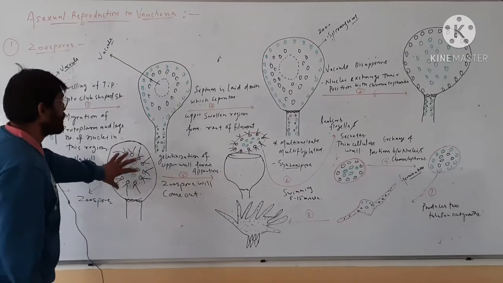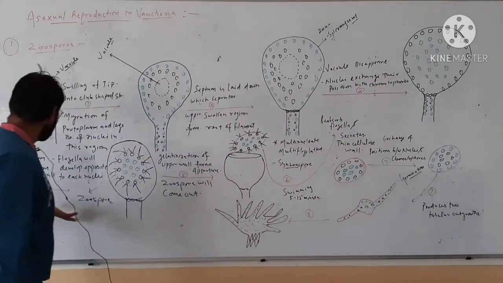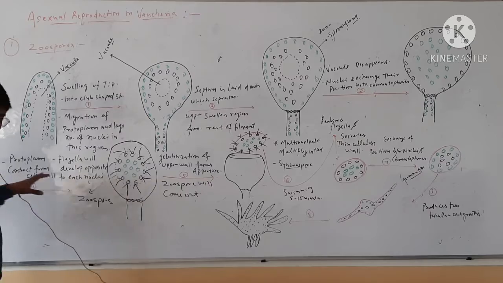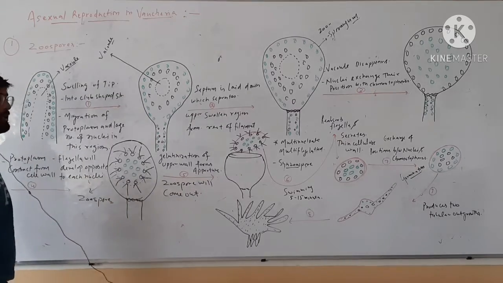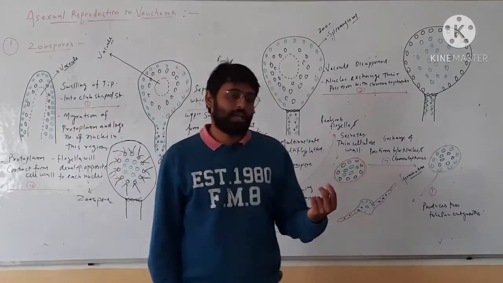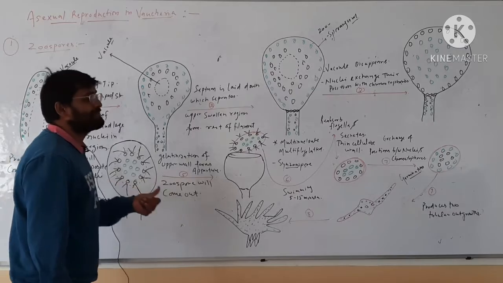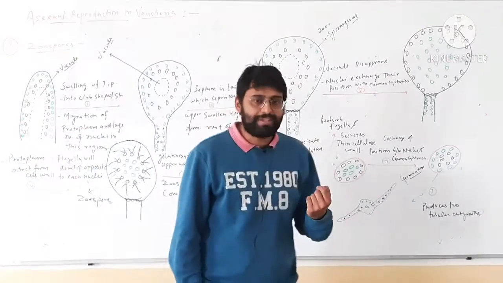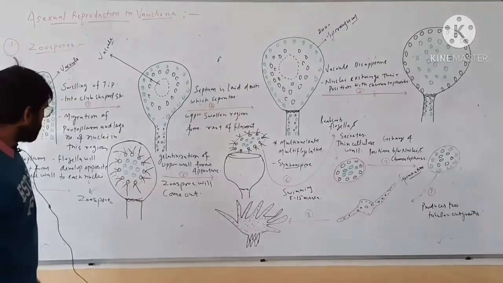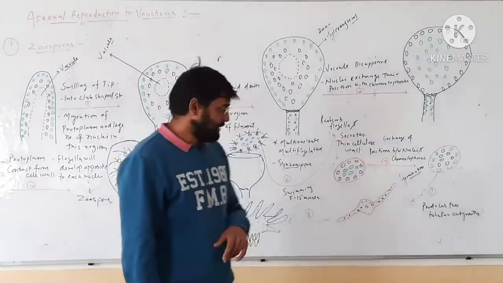So here, from this step to this step, the key happening is that the protoplasm will contract from the cell wall and flagella will develop opposite to each nucleus. There will be two flagella opposite to each nucleus because there are two basal granules, and from each basal granule one flagellum will appear. So you can say from each nucleus two flagella will be developed.